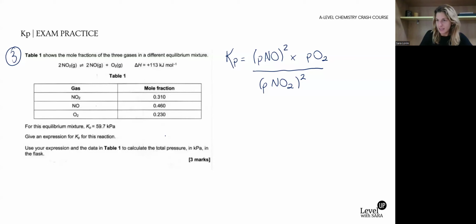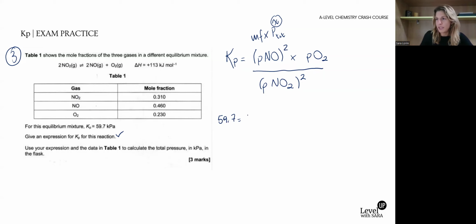Of course, the first step is having the expression for the Kp of the reaction. As I said last time, you need it if you need to explain anything about the reaction, but also if you want to do the calculation, of course. Calculate the total pressure. Okay. In the Kp equation, we write the partial pressure. But what's the partial pressure? It's the mole fraction times the total pressure. Which means that if we consider this total pressure our little x, that's how we can write it down in the equation. So Kp,